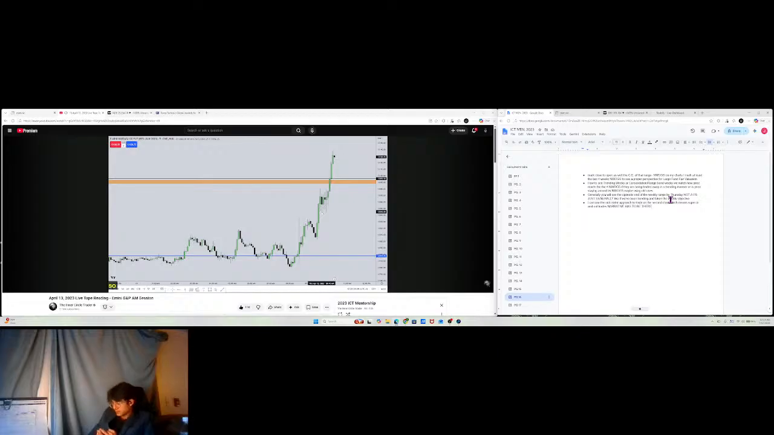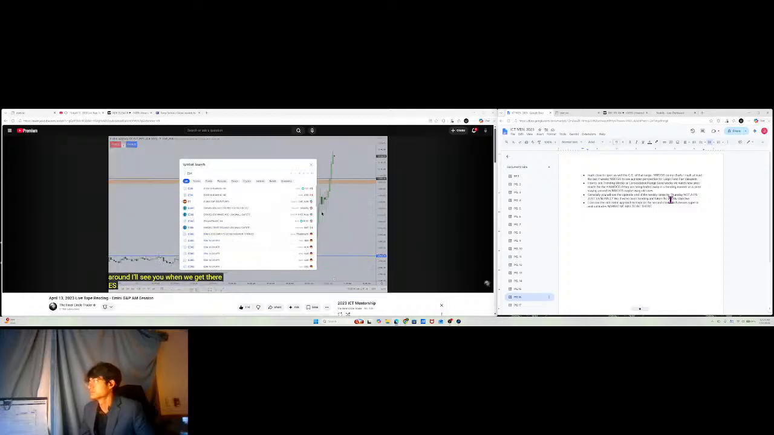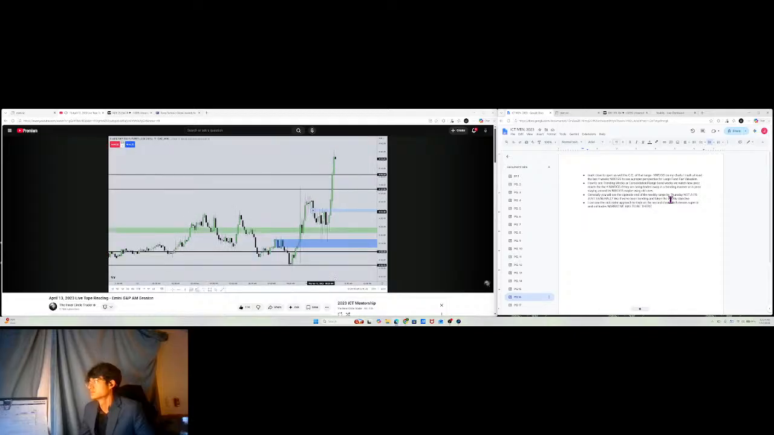So, what's going on here? NASDAQ is tipping its hand. It's saying, we're under accumulation. We're in a buy program. Watch for higher prices. I'm not waiting around. I'll see you when we get there. ES, chopping around,